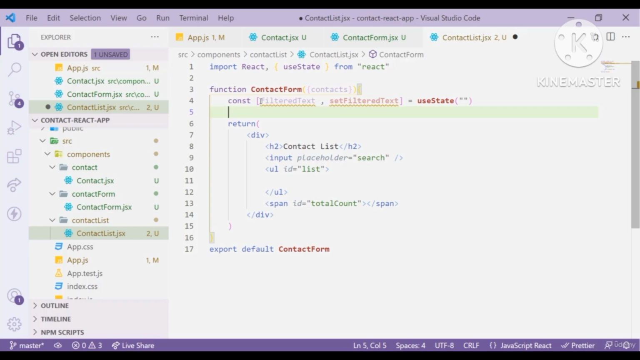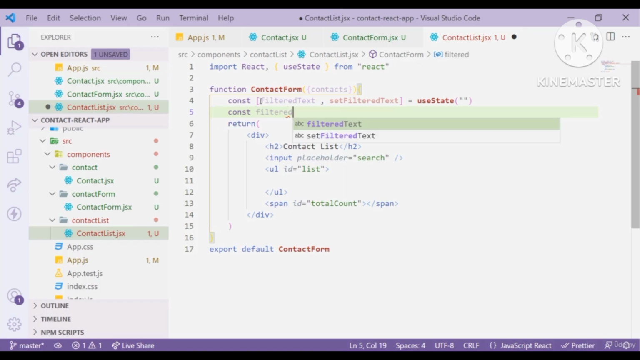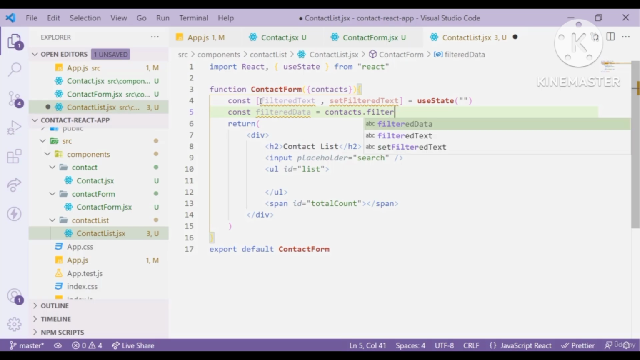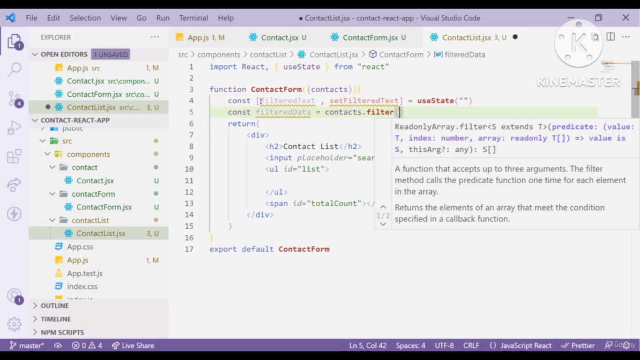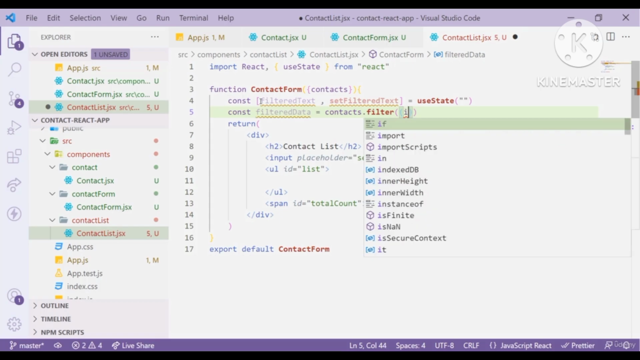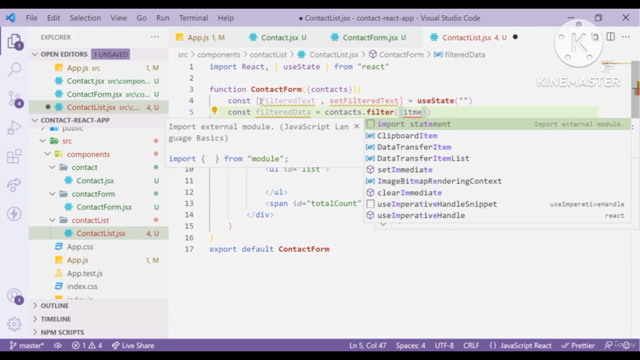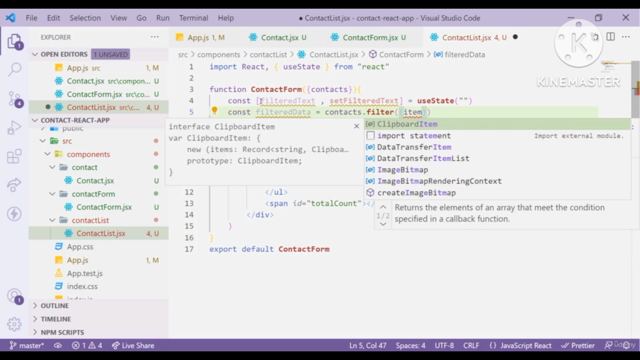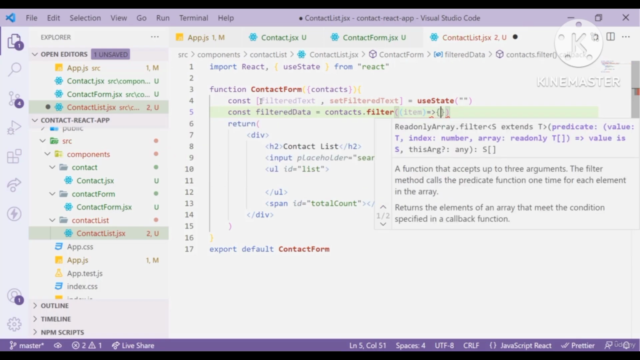Now let's create a const that is going to filter the data inside of our application. So a const that is going to be filtered data that's going to be equal to contacts. This is the data that we're getting from our contact.jsx. So we'll be filtering this particular data. Filter, and each time it is going to take up a contact or one particular item. So this is going to take one particular item and return. So item and curly braces, then return